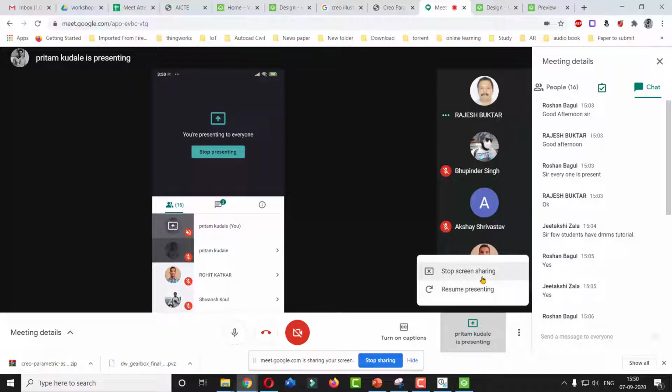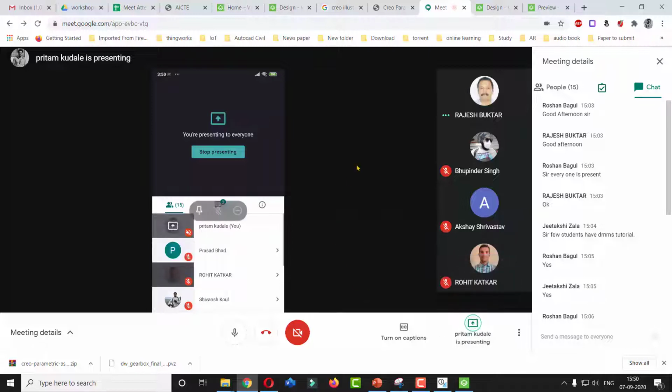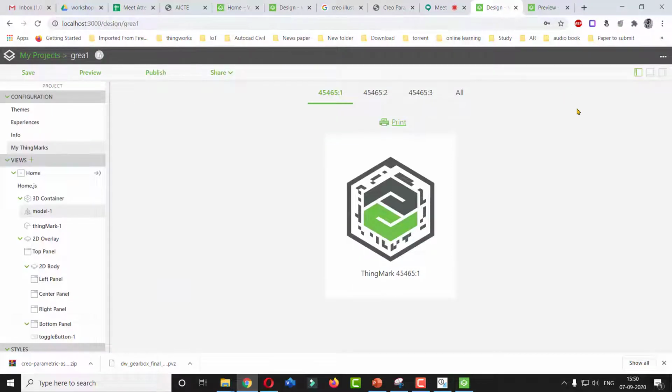Is my mobile screen visible to you? Yes, sir. Okay, so again you have to go to the Vuforia View application, and from Vuforia View application you have to just select on scan the barcode. So bottom central bottom option you have to pick. You have to orient your mobile towards the barcode. So it will detect automatically and download that assembly through the cloud.